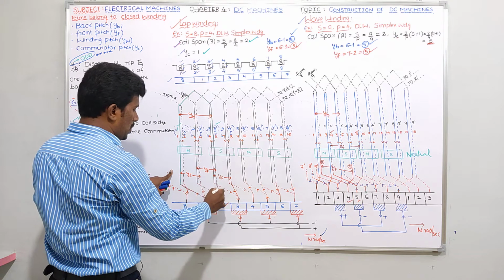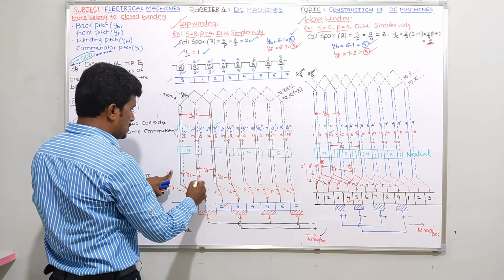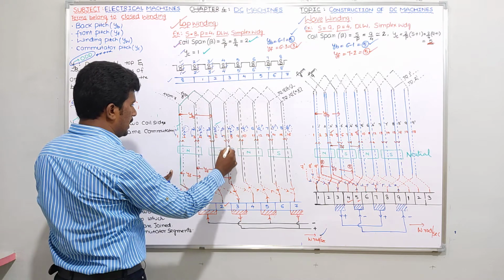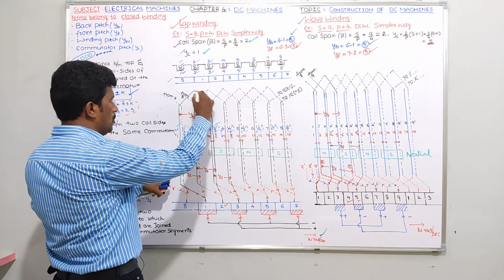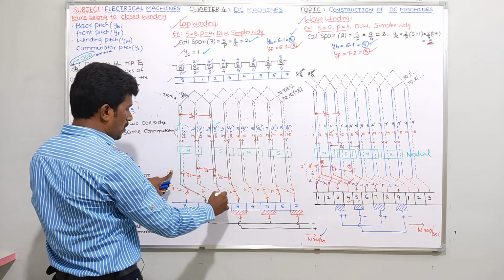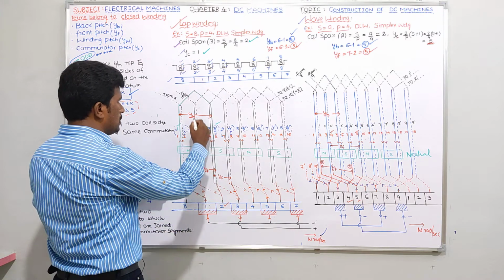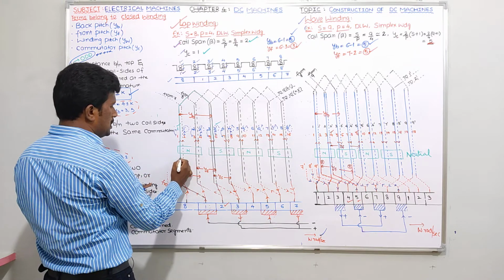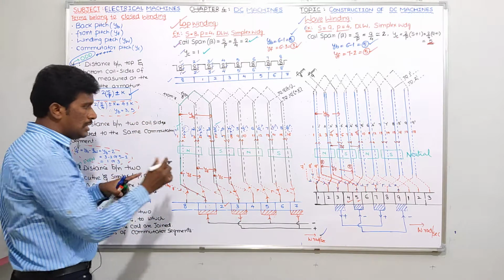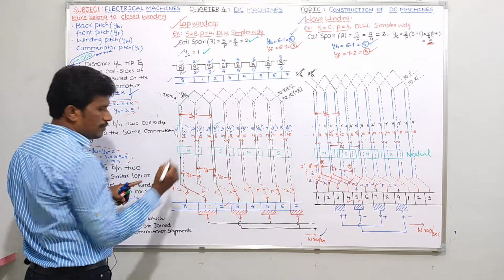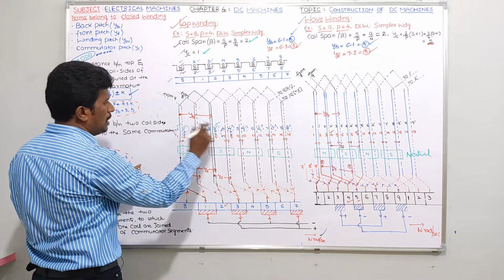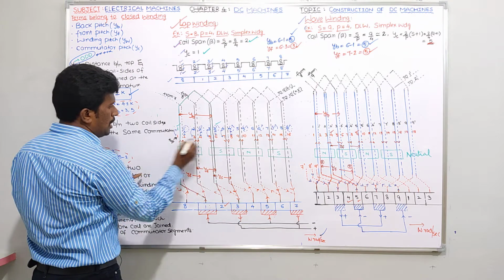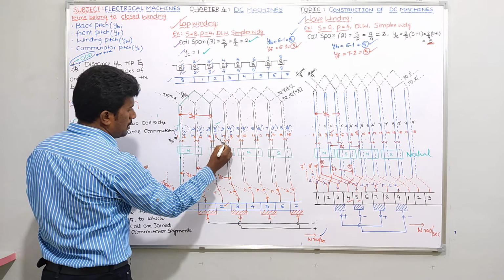So as the winding progresses, once again it is starting from what? 2 to 8, right? Therefore, the first coil is 1 to 6, the second coil is 3 to 8. Now please understand. This is for the first coil. Conductor 1 is the top conductor: for the first coil, 1 to 6. 1 is the top conductor, and 6 is the bottom conductor.